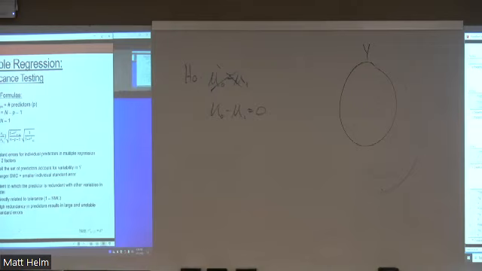R squared doesn't care whether it's unique or shared, it's just adding everything to the pile. Again, my ANOVA table: sum of squares regression is how well my model is predicting variability above and beyond just guessing the mean for everybody. Sum of squares residual is my sum of squared residuals: how much variability am I seeing between my predicted value and actual observed value? Sum of squares total is all the variability in Y that we're trying to account for. My F test in my ANOVA table is just my statistical test of R squared. Is R squared equal to 0? That's what I'm getting at with this.